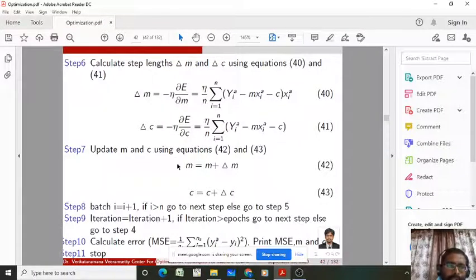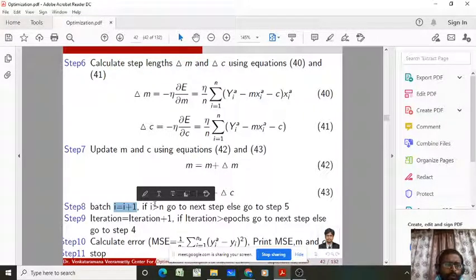After getting the step length, we have to update the model parameter m equal to m plus delta m and c equal to c plus delta c. The delta m and delta c are coming from equations number 40 and 41. Once the model parameters are updated, we have to update your batch count. If your batch count is greater than the number of batches available, then you have to go to the next step, that is step 9.